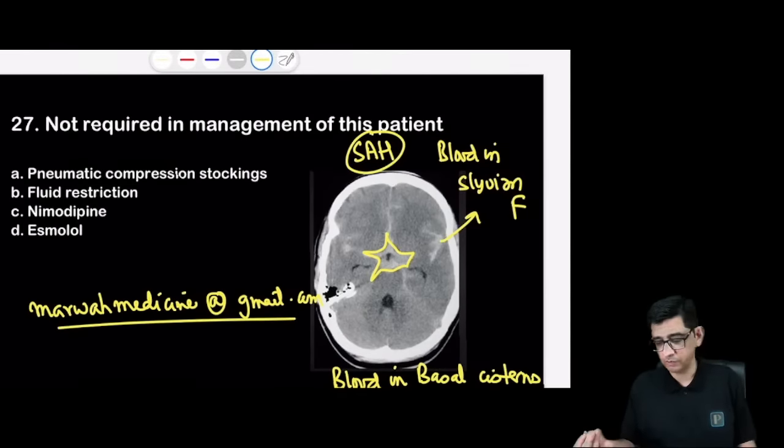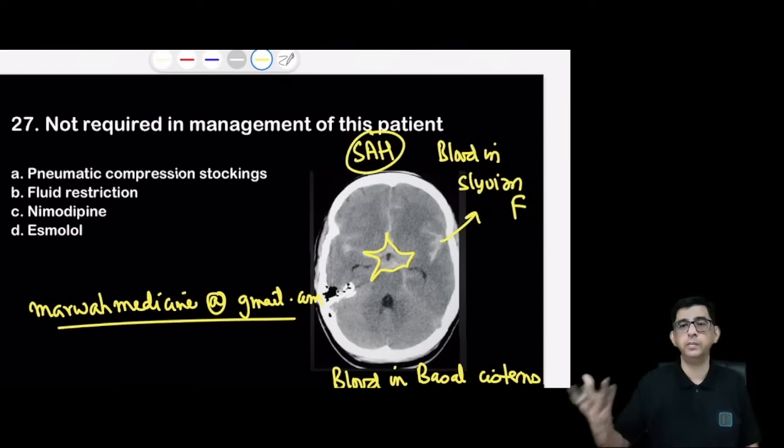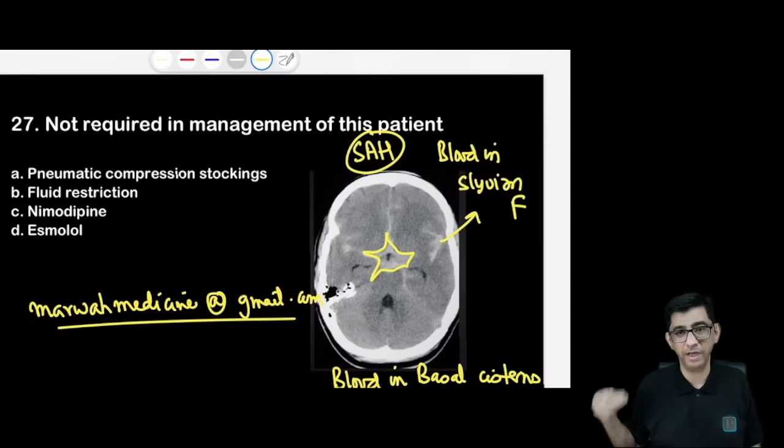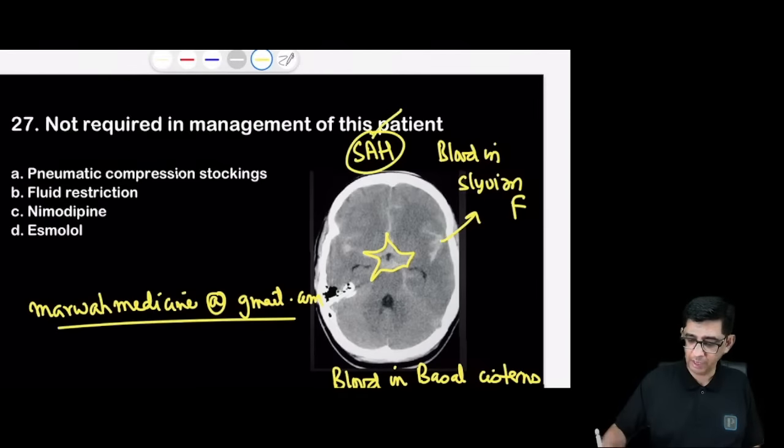The question says, which of the following is not required for the management of this patient? So option A says pneumatic compression stocking. Sir, any patient who's bedridden will have chances of development of deep vein thrombosis. Subarachnoid hemorrhage patient will be given strict bed rest. I don't want another berry on an alternative site to burst, or whatever has burst, they can be rebleeding also. Subarachnoid hemorrhage, you could be having a